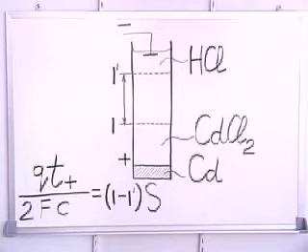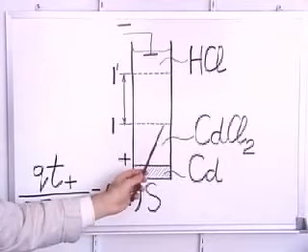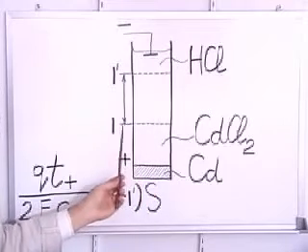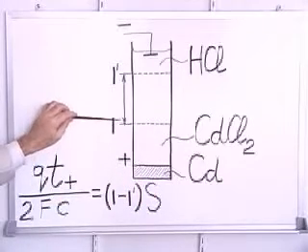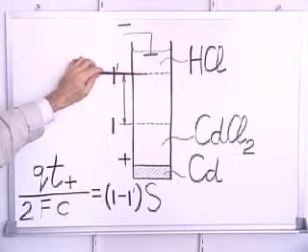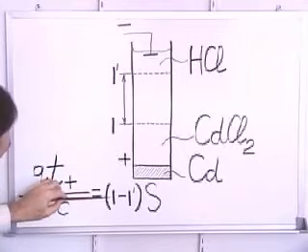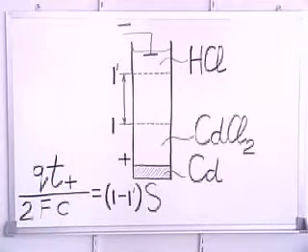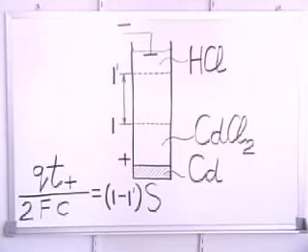And the volume, as seen here, is equal to the cross-sectional surface area of this glass tube times the distance which this boundary has moved. And this distance we have denoted here by l prime. We can solve this equation for the transport number,